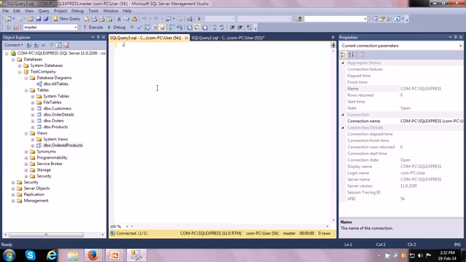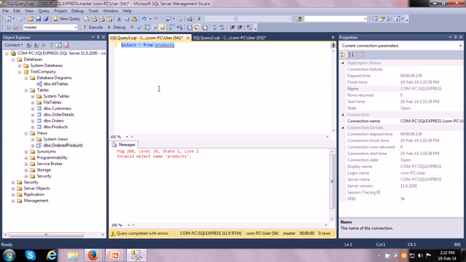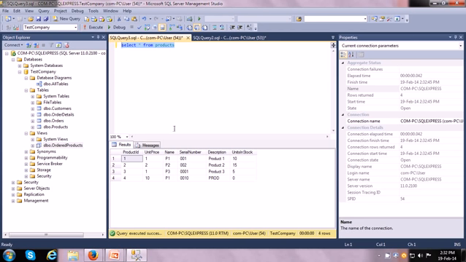So what I want to do is select star from products. I have to change the database name here. So if I do a select star from products, it means that it shows me all the rows, but I'm not interested in all the rows.